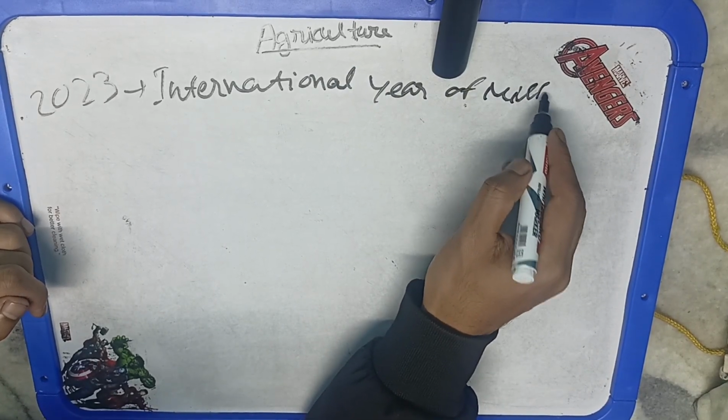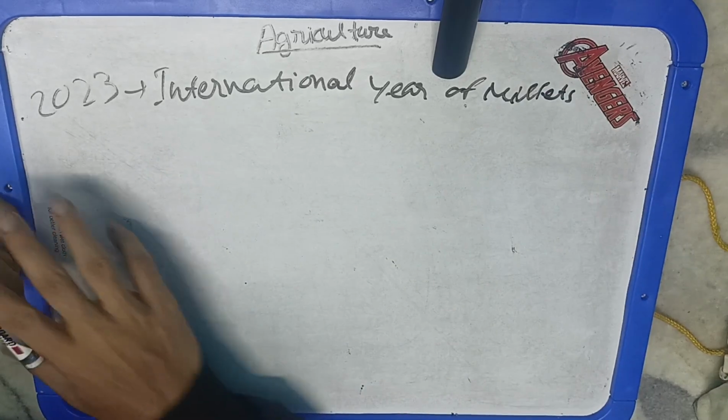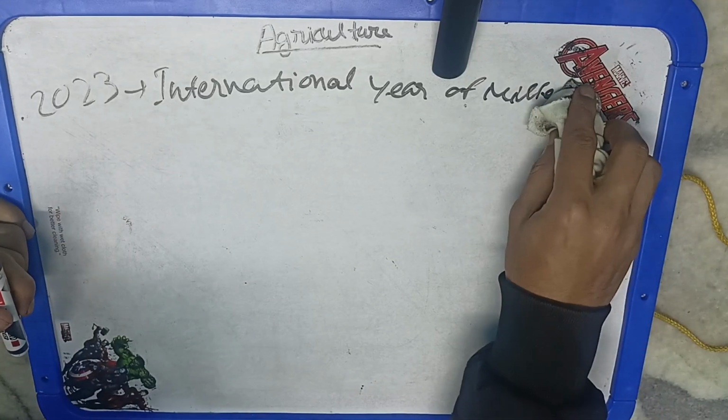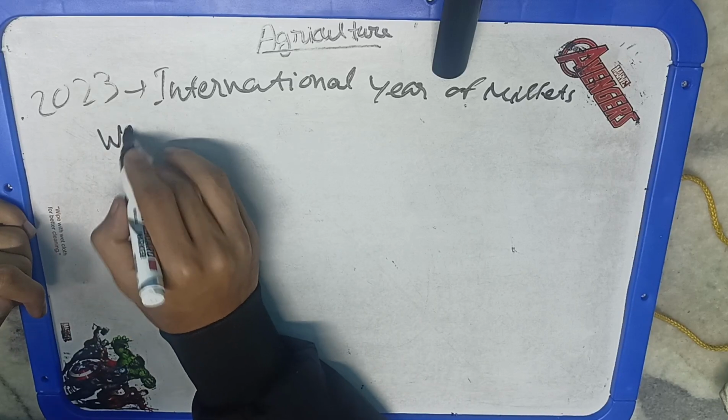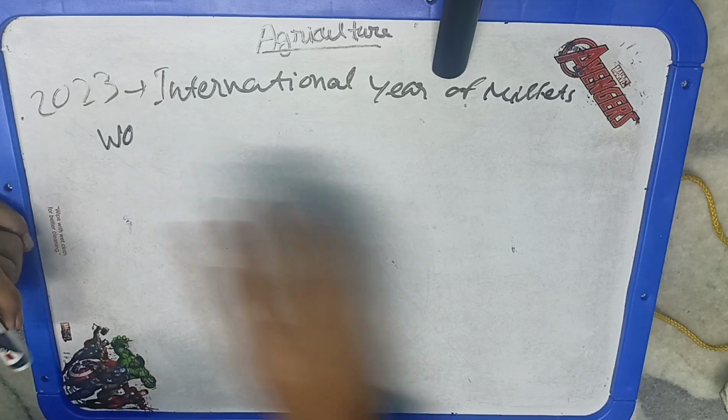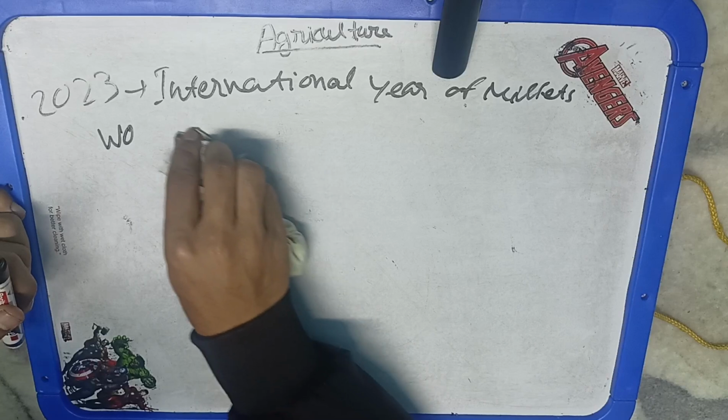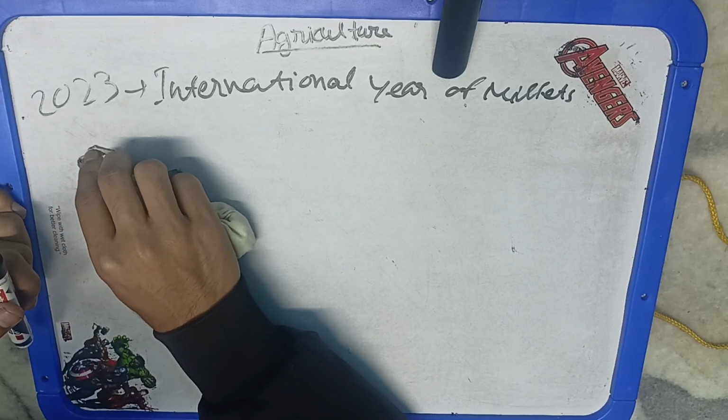If you will see, there are a lot of days related to agriculture, but we are focusing only on a few here. For the rest, you can visit the notes also. Like World Wetland Day, 2nd of February, World Pulses Day, 10th of February, International Day of Forest, 21st March. This is important. World Water Day, 22nd March. This is important. World Meteorological Day, 23rd March.